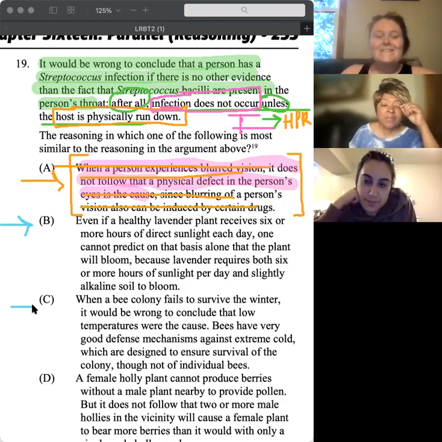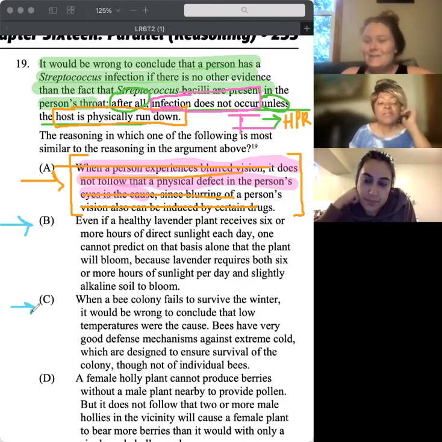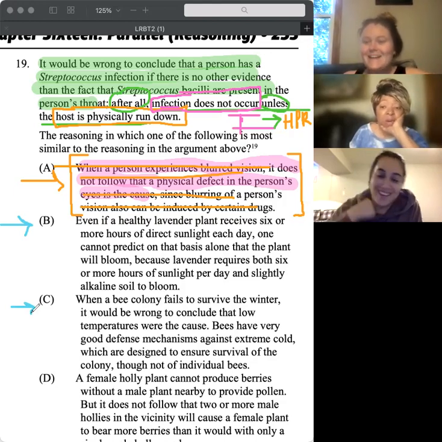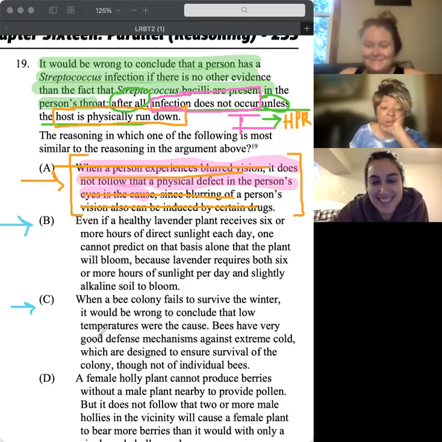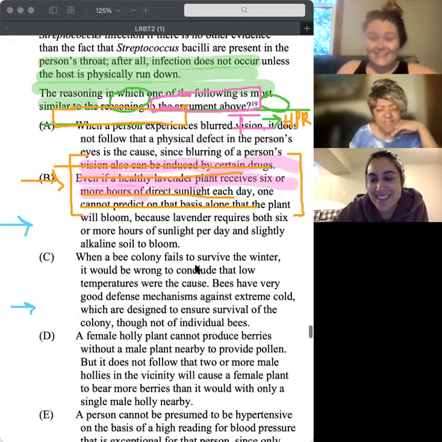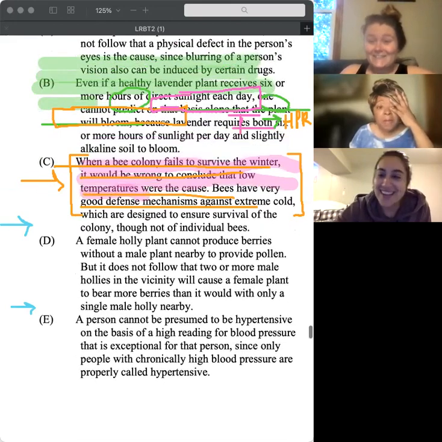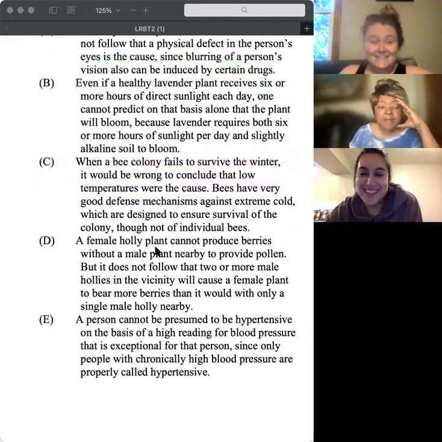I think I used this argument in the homework as one of the examples where you have to come up with a parallel argument. Oh yeah, I had fun with that. That was tough. I even struggled with it on some of them.